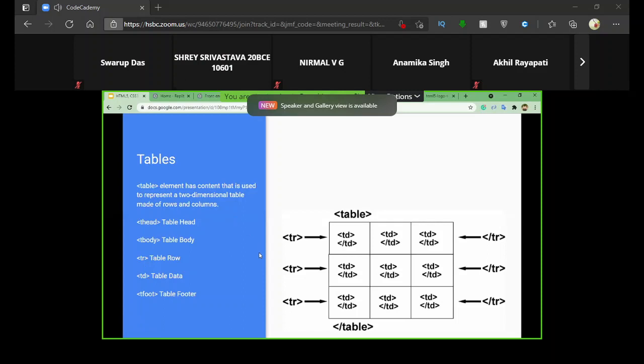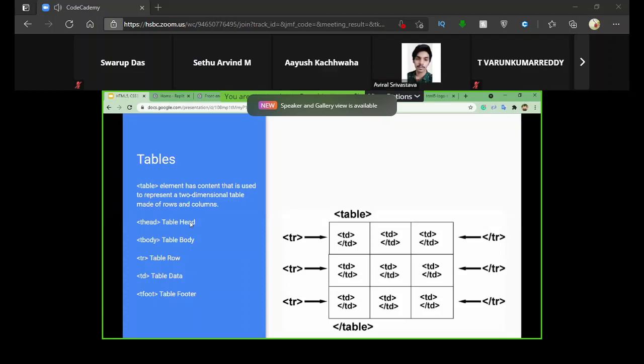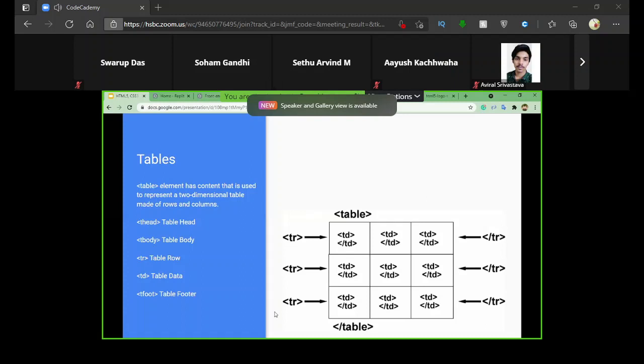So I'll just brush up what these tags are in a separate way. thead is nothing but table head. Whenever we have the titles of the rows and columns, for each column you'll have a title. Let's say we have a table for food and food items. We provide the title on top of the column, and we can do that using this thead tag, followed by tbody. What you can see in this image is entirely declared inside this tbody, and all are